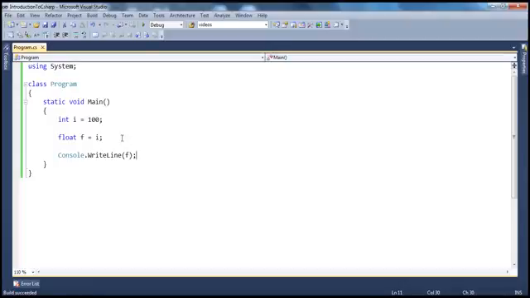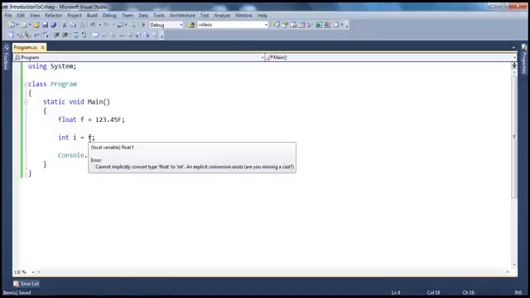Okay, so let's think about this the other way around. Let's say I have a variable of type float which is initialized to 123.45, and since it is a float variable, I have to suffix letter f. Now I have another variable of type integer I, and I want to initialize this with a float value. So if I do this, look at the red squiggly line under that: f cannot implicitly convert type float to int,